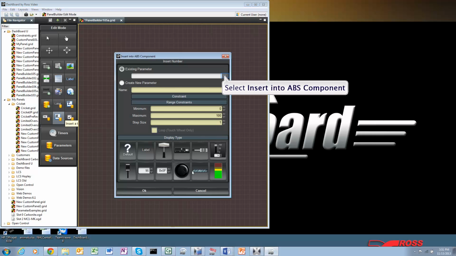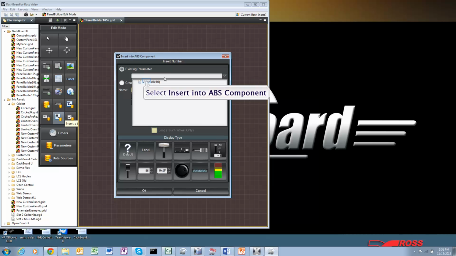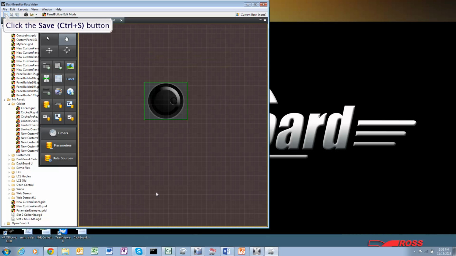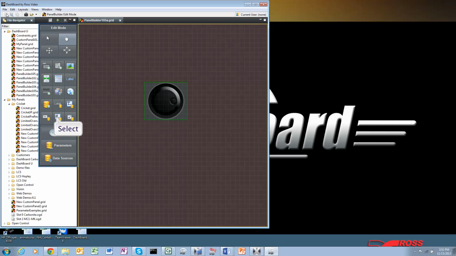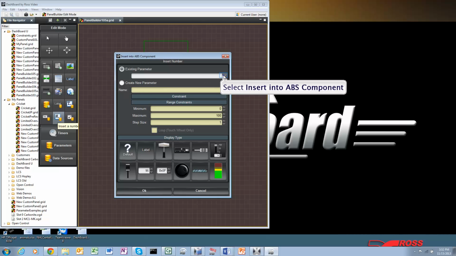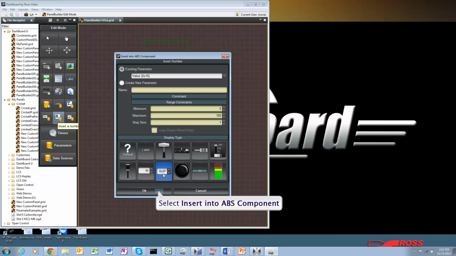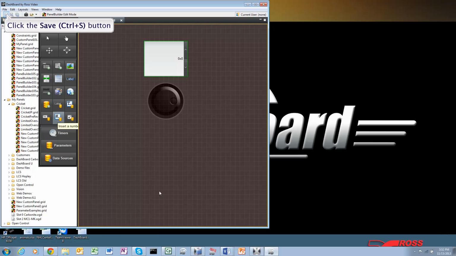Let's go and drag out some area. I'm going to use an existing parameter. I see it's automatically selected the default widget, which is the thumb wheel, and insert it. That's okay, let's save that. Now let's go and insert it again so we can get a readout of its value. And I'm just going to put in an existing parameter this time. And let's have a hex spinner and hit OK.